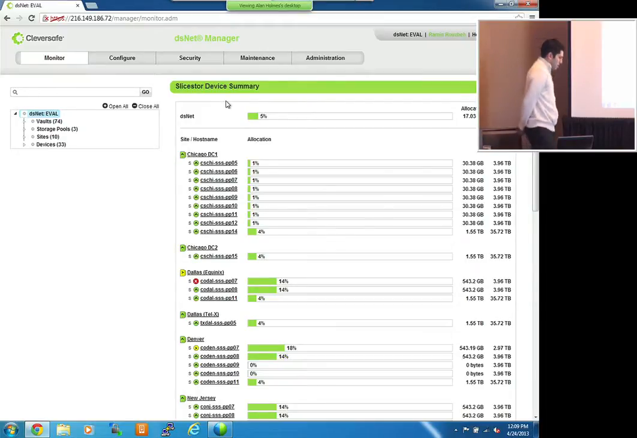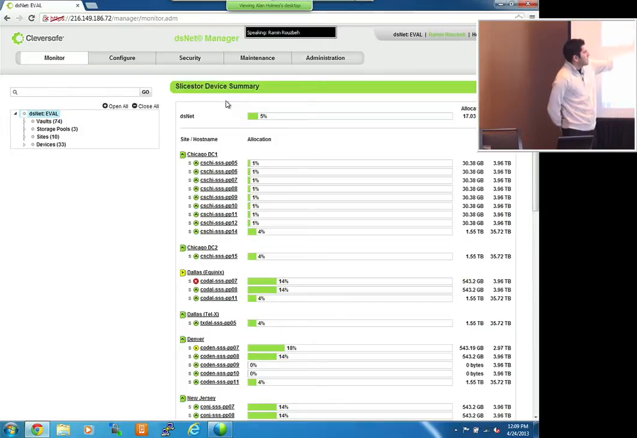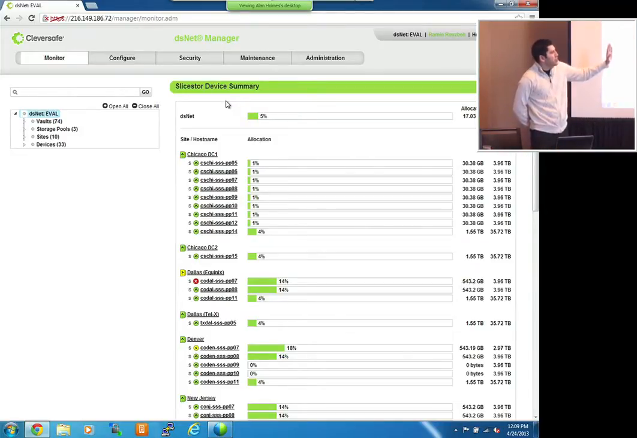The breakdown is by the sites, the storage nodes located at those sites, and how much capacity is used in those nodes. So I get a sense of where I'm going to run out of space, where I have to add new storage nodes. I can further use this by, for example,